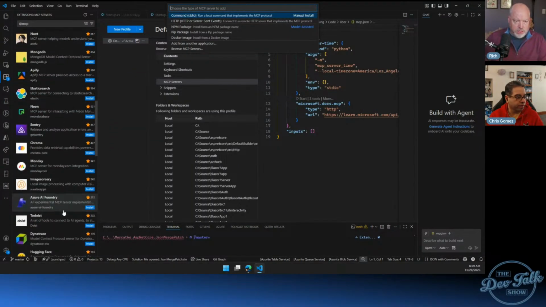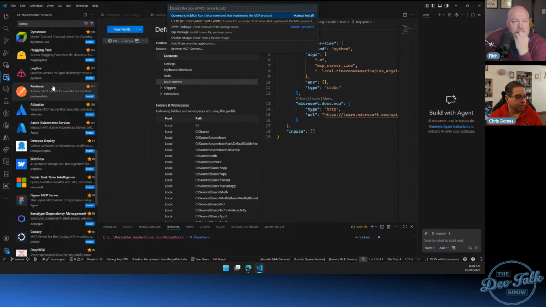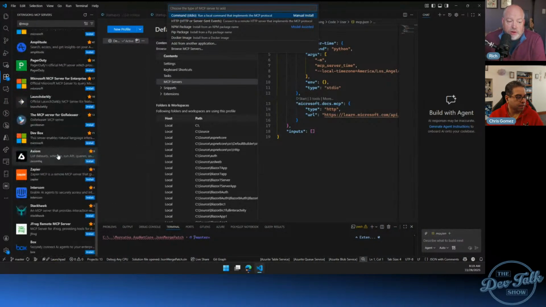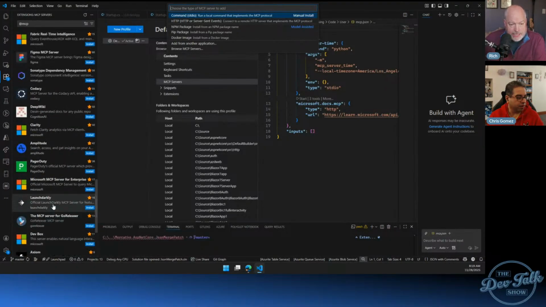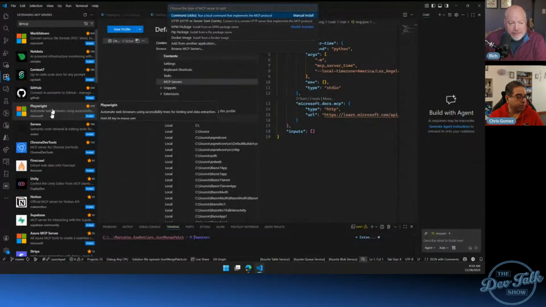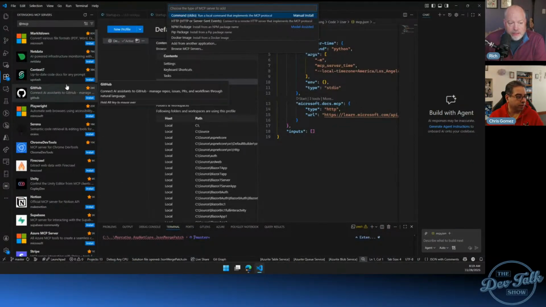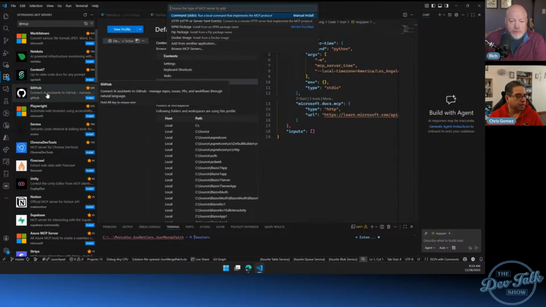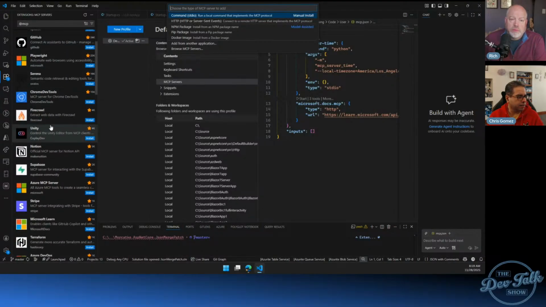I wasn't aware of this marketplace here. Oh yeah, you can see how many different offerings are possible there. Yeah, I wasn't aware of this at all. And probably because somehow I had stumbled on that button to enable the marketplace and I just didn't do anything with it. But some of these, what's interesting is that it says GitHub. I think maybe the one that we saw out there was installed by GitKraken.